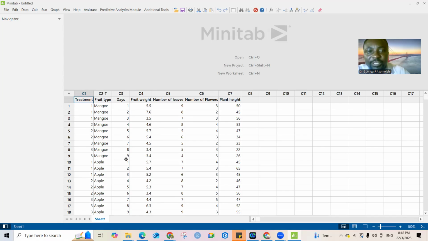So if you want to see whether the fruit weights differ significantly with respect to the treatment, whether treatment 1 is the one that produced the highest fruit weight, or treatment 2, or treatment 3. Since we are looking at treatment as a factor, under the treatment there are 3 different samples. Treatment 1 is one sample, treatment 2 is another sample, treatment 3 is another sample,